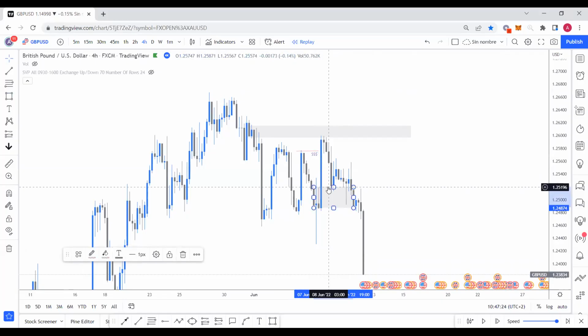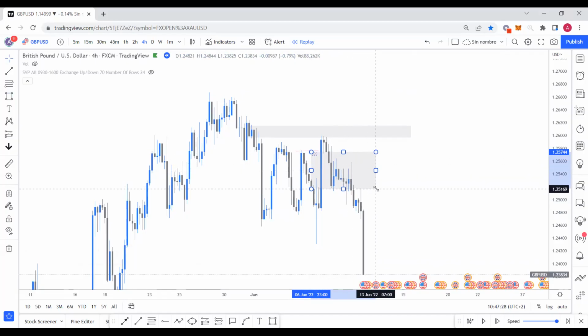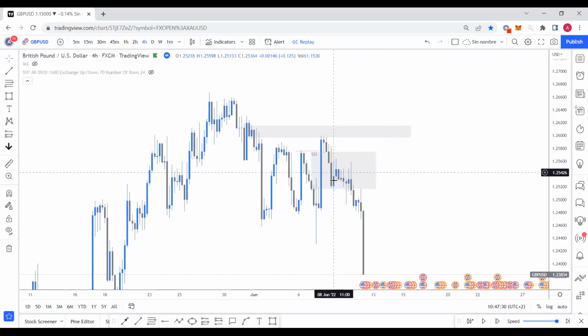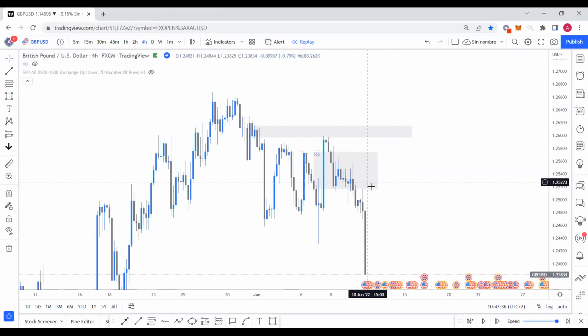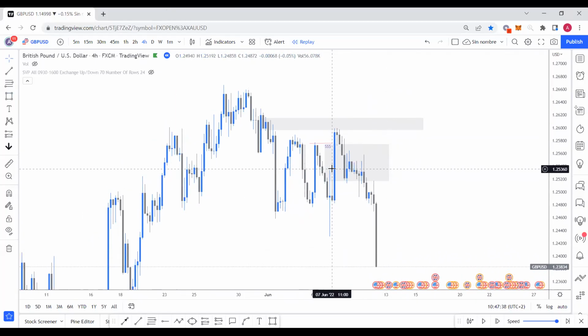Plus, we had this imbalance to be filled, and in this case, we would be trading the continuation of the imbalance, okay? So are you understanding this? Is it clear? You see, this would be a very nice setup for me because the imbalance needs to be filled. We have a liquidity grab, price is taking out liquidity, plus we have an imbalance to be filled to the downside. So this could be a very nice trade